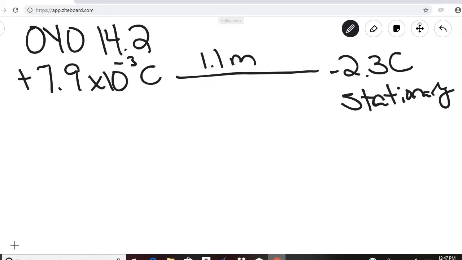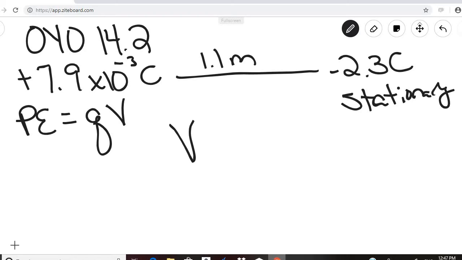And then the question asks us, what is the potential energy in this charge? Okay, so we know that potential energy is equal to Q times V. So the first thing we have to do is calculate V. So V is equal to